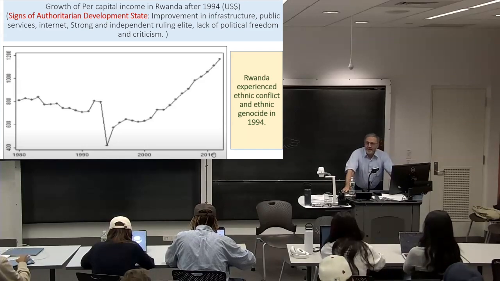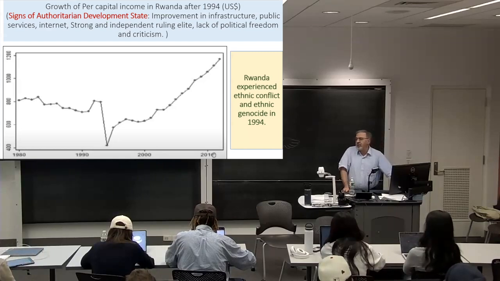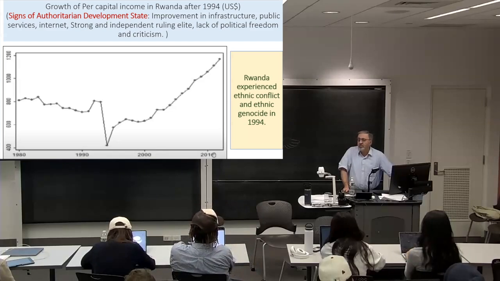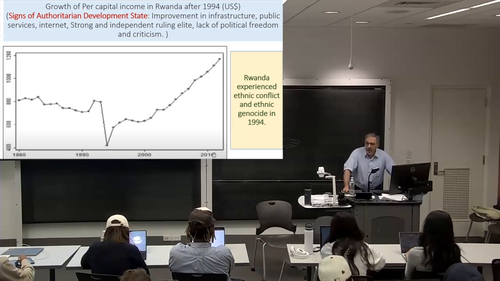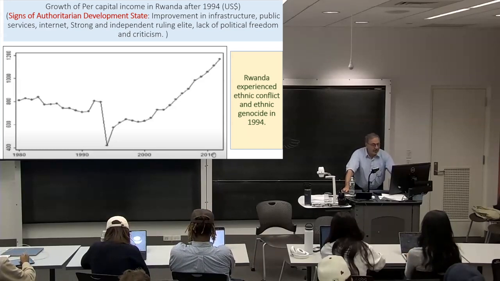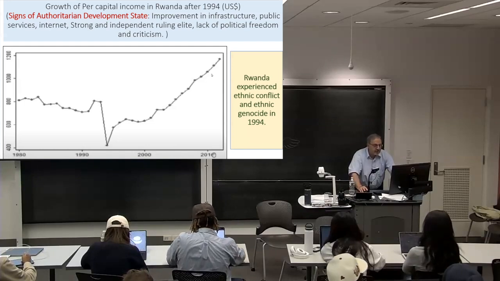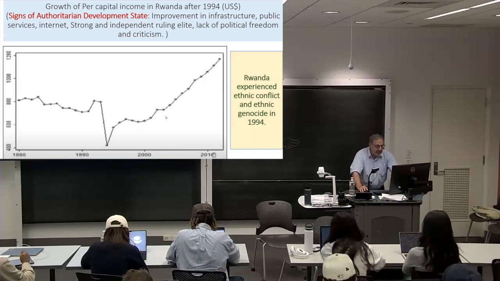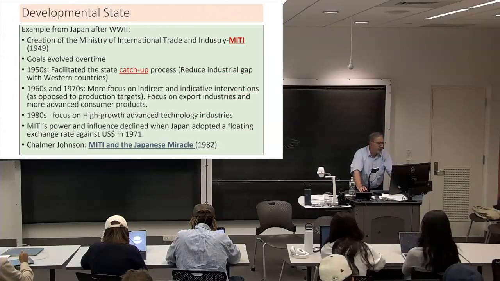But after that, there was a government that was able to bring about political stability, not necessarily democratic rule, but political stability. And that government happened to focus on economic development and economic growth, and you can see the result for the period of the first decade of the 21st century, relatively solid and strong economic growth. Okay.